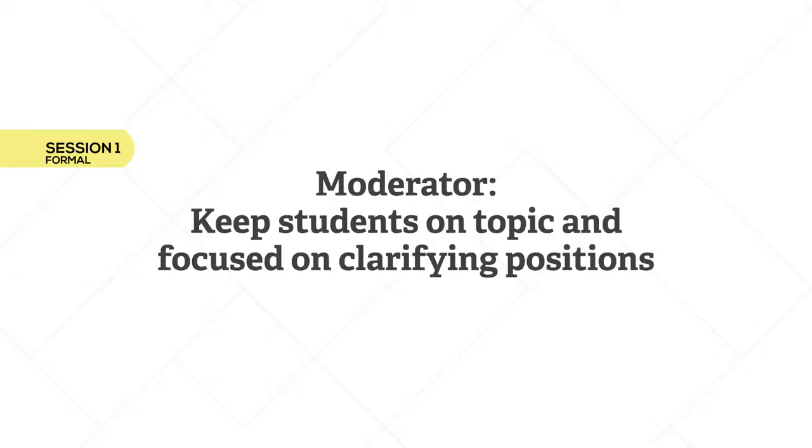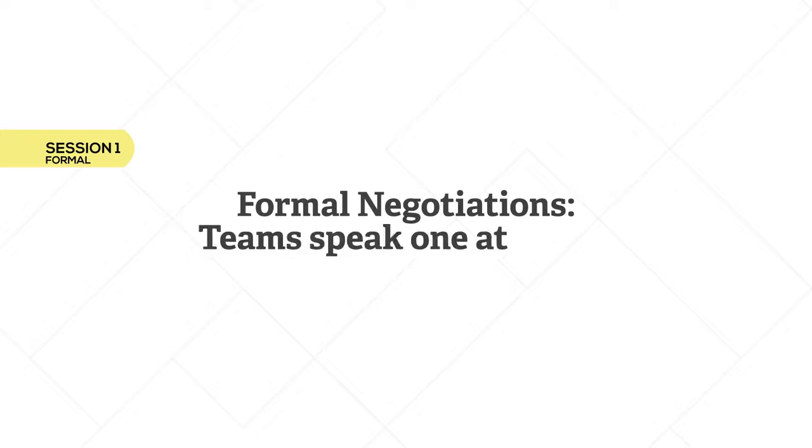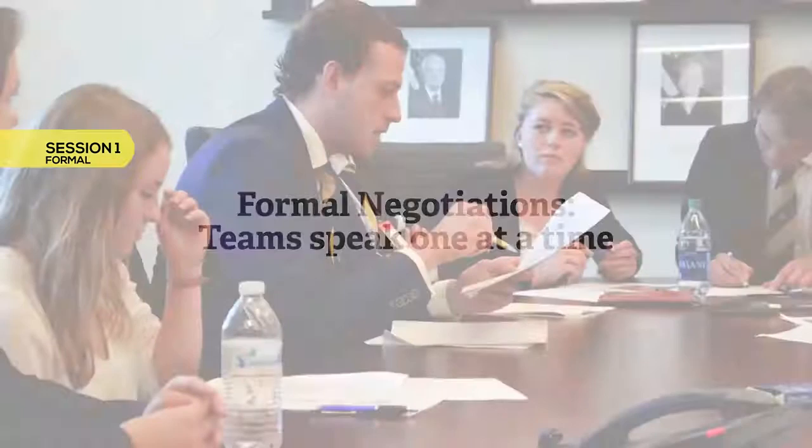After opening statements, open the floor for general discussions. Any member of a group may address the entire room, but all members of that group should agree with what is said. As the moderator, keep the students on topic and focused on clarifying positions and putting forward initial solutions. Stakeholders should listen closely to each other, pose questions directly to each other, and react to proposals. In formal discussions, teams speak one at a time. Keep the teams from interrupting and talking over each other. At the end of the formal negotiations, briefly summarize the current position of each group without giving your own opinion